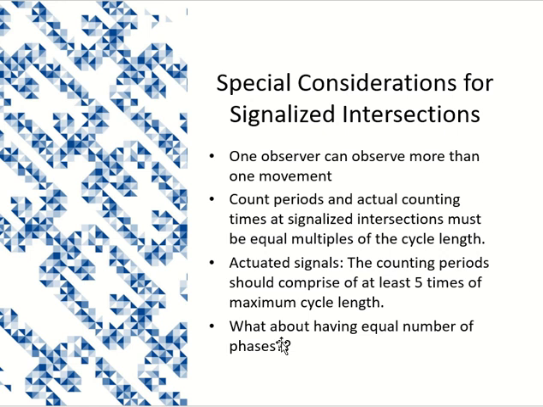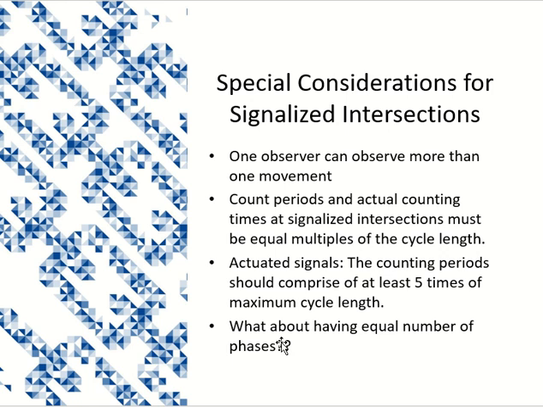Okay, and obviously if the cycle length is a multiple of counting and also a multiple of break, then if you add them together, the cycle length is a multiple of the total as well. So 10 counting, 2 minutes break, total is 12. If the cycle length was a multiple of 10 and a multiple of 2, that means it is also a multiple of the total as well. Total is 12, which is a multiple of 2 minutes. Okay, so your counting period and break period should be a multiple of the cycle length.